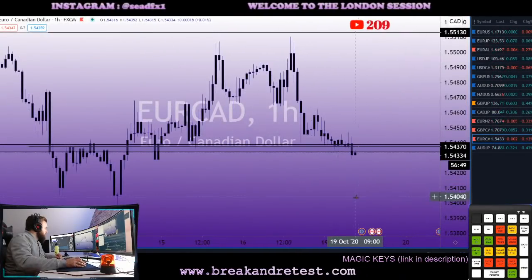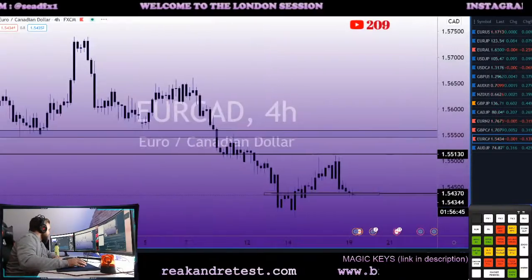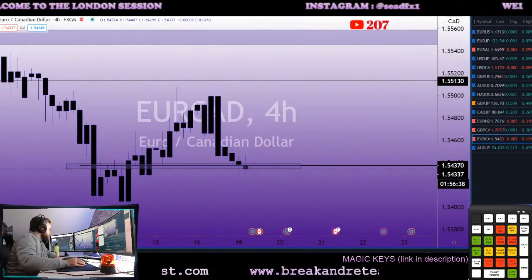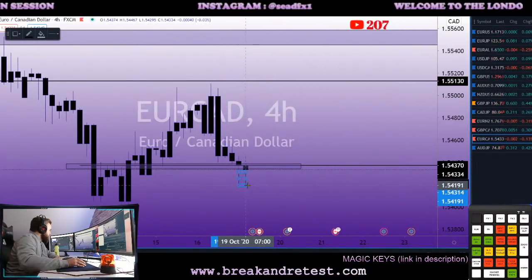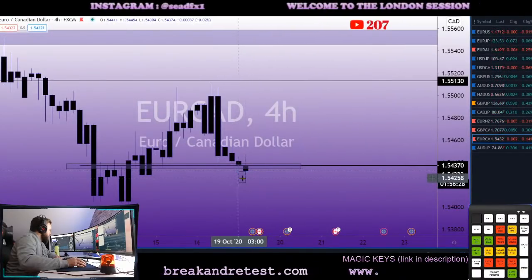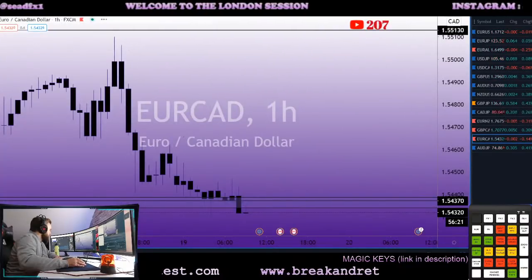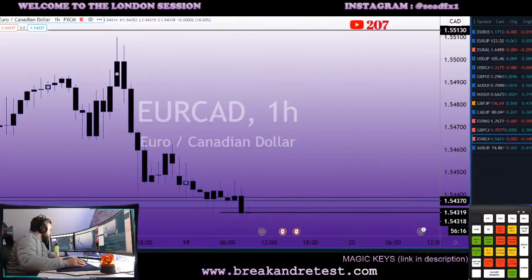Eurocad, I don't know. 1 hour looks good, but I don't like the 4 hour, because we're right at it. If we would have a breakout candle around here, just lower than it already did, I would say okay, we have a deeper, clean breakout below the whole 4 hour level. But see, 1 hour is just here, and when we go to the 4 hour,